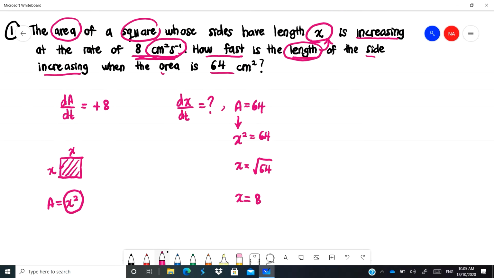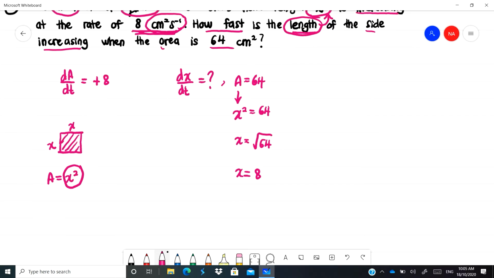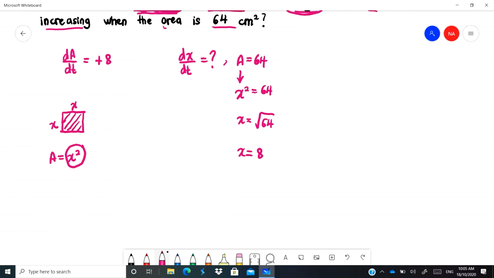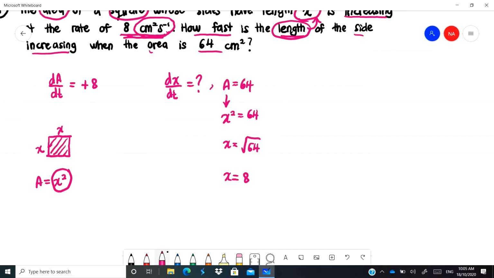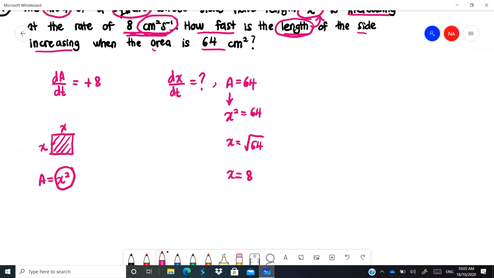So in this case, we don't have negative length. All right, so we just have positive 8 here. Next, we want to find dx over dt. All right, so we try to formulate, let's say, dA over dt first. All right, so dA over dt is